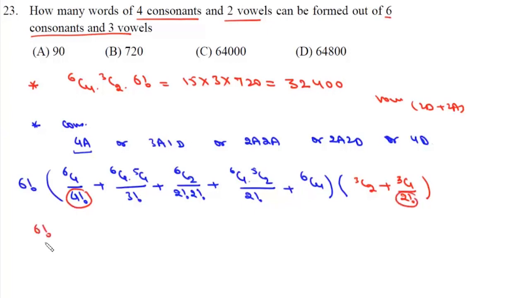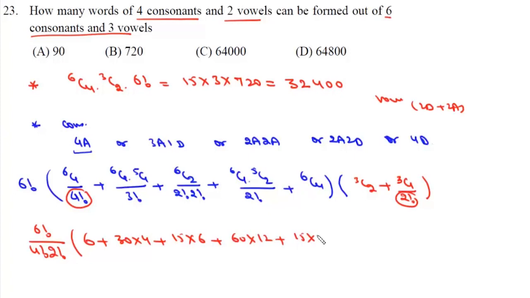We'll get factorial 6 divided by factorial 4 factorial 2. Now 6C1 is 6. Now this is 30 into 4. Now plus 15 into 6 plus 60 into 12 plus